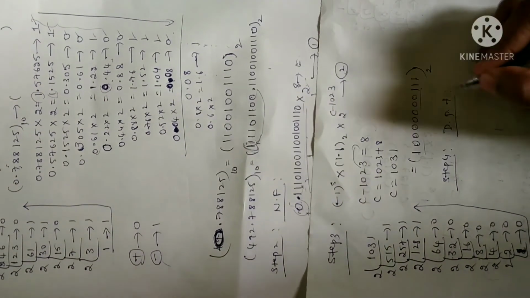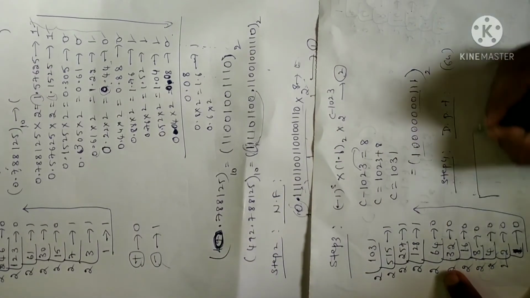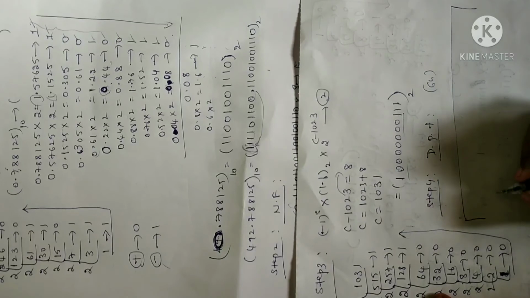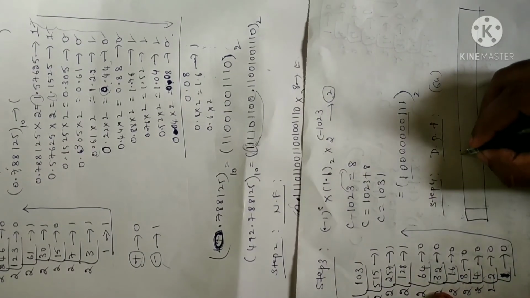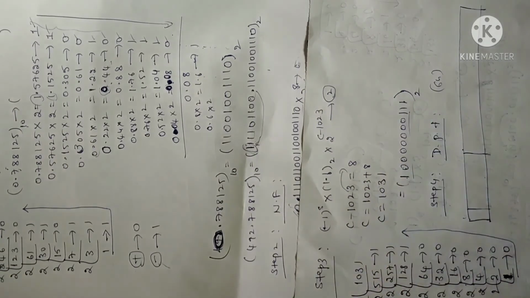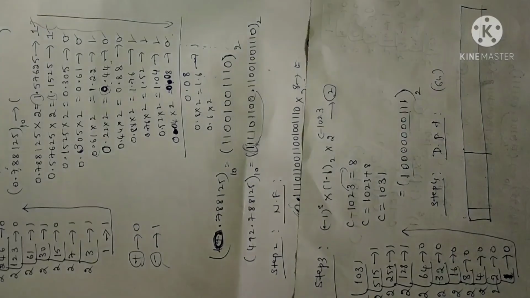For double precision, as I already told you, it is of 64 bits. So first let me write it in standard format, for your understanding purpose. As I told you, first digit is for sign, the remaining 11 digits will be for exponent, and the remaining will be for mantissa. So the first digit is sign, right?